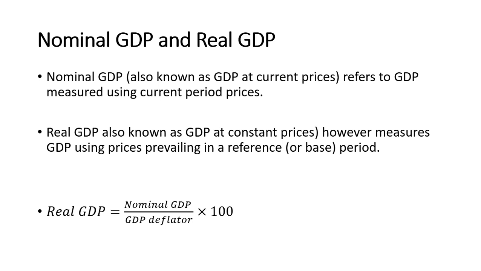For instance, we can take 2010 prices as the reference price and use 2010 prices to measure GDP in 2010. We use the same 2010 prices to measure or to value output produced in 2011. We use the same 2010 prices to value output produced in 2012, in 2013, in 2014, all the way to 2023. When we do that, when we value output of various years using a reference period price like 2010 prices,